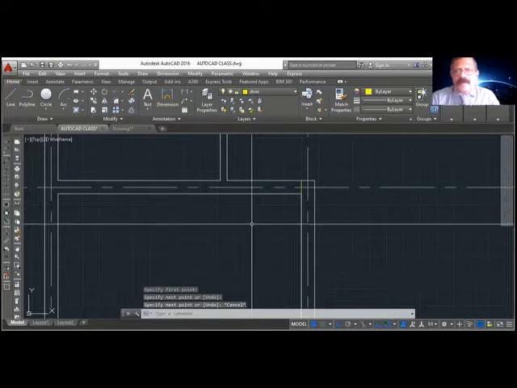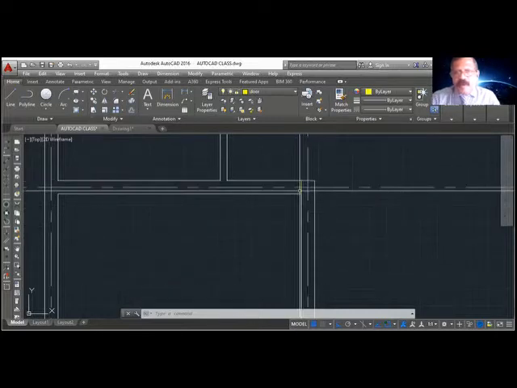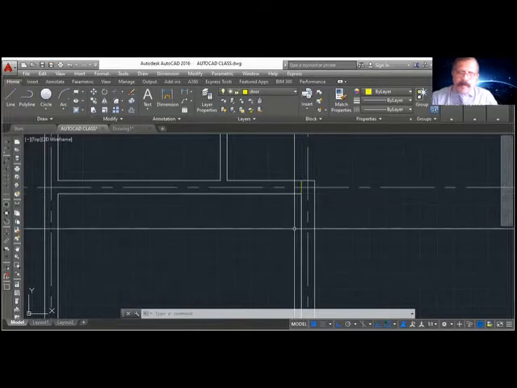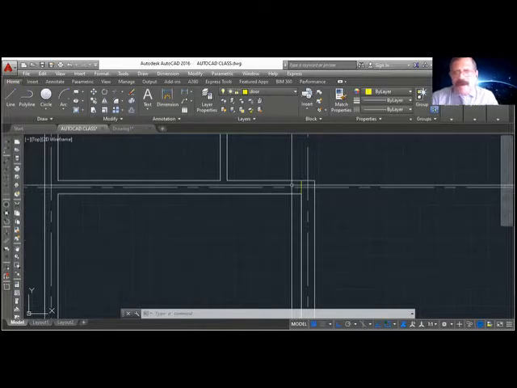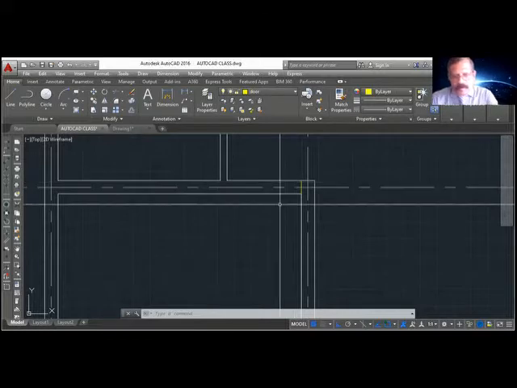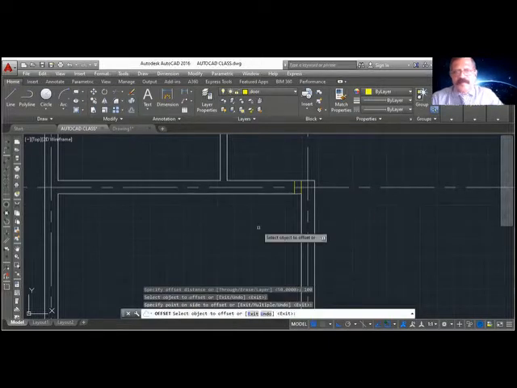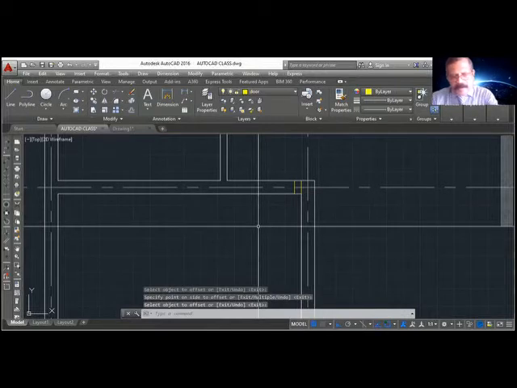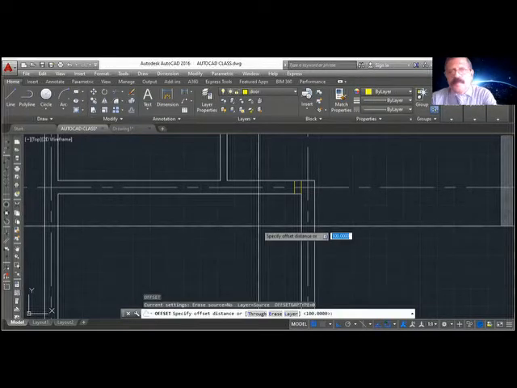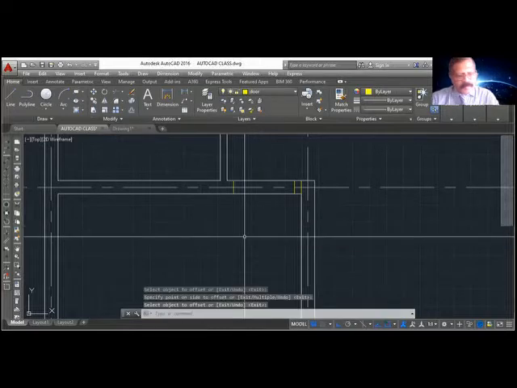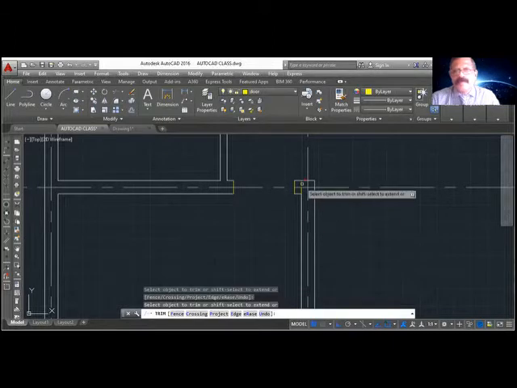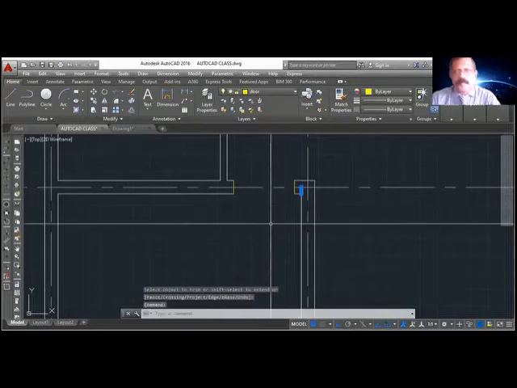If I keep here, the door will be touching this wall. Sometimes you want some gap here so that the door can be opened properly. Okay, so I'm going to keep a small 100 mm from this wall. Offset 100. It depends upon you. If you want, you can keep at the edge itself. So I want to keep the door from here. Offset 900. 900 is my door. Now I will use trim command. So my opening is ready.